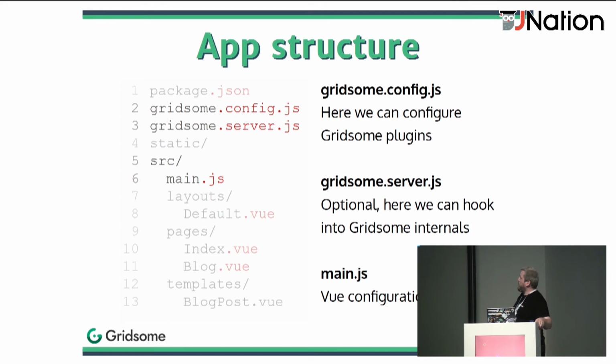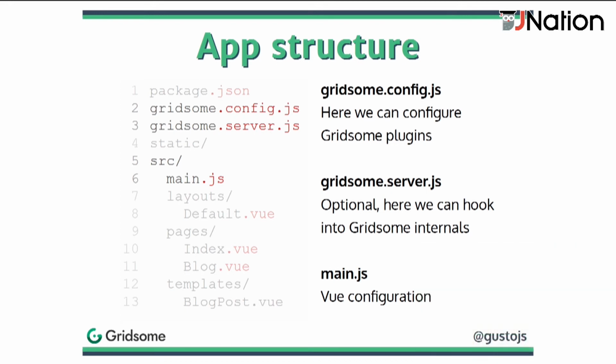We used Vue CLI, so we have our project scaffolded. What is inside? A bunch of files, and I divided them into two groups. Here we can see the highlighted configuration files. gridsome.config.js is where we keep the configuration of our plugins. They may be plugins providing, for example, an integration with a specific CMS, or a handler for a file type such as Markdown. So if we want to use data coming from Markdown files, we would use the Markdown plugin and configure it in this file.